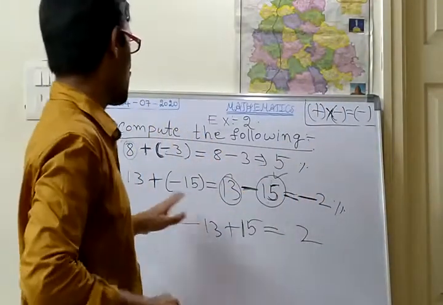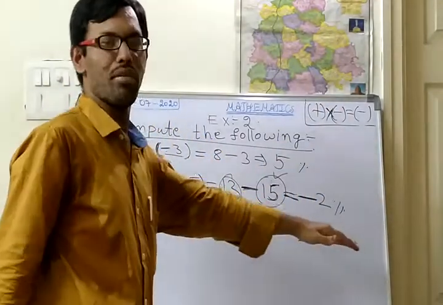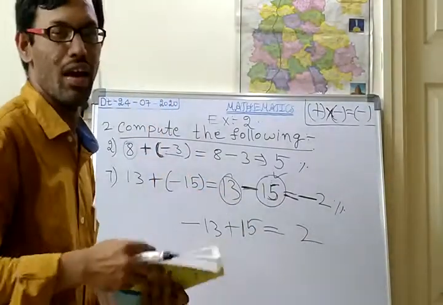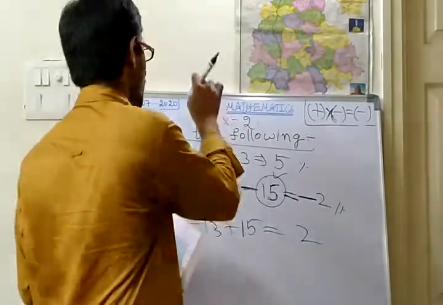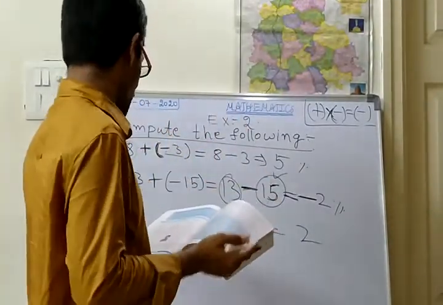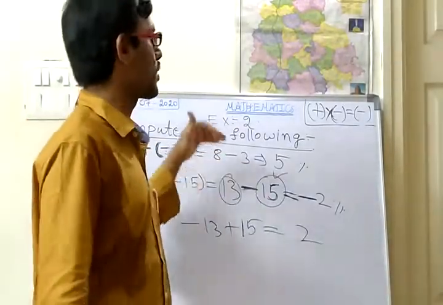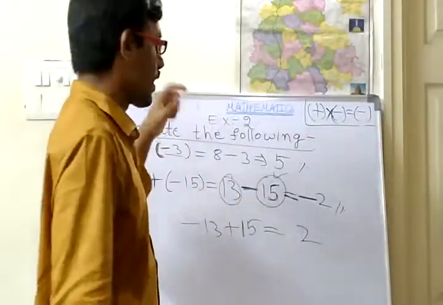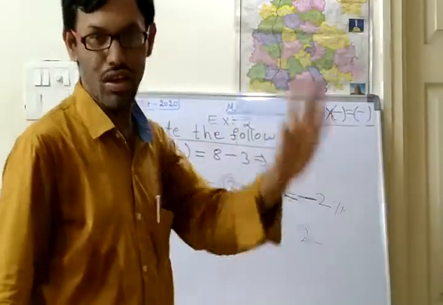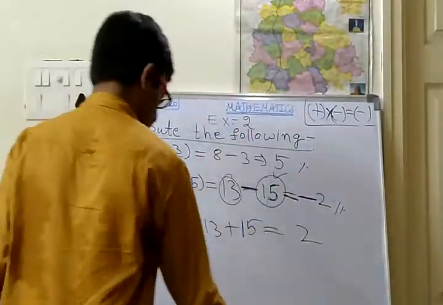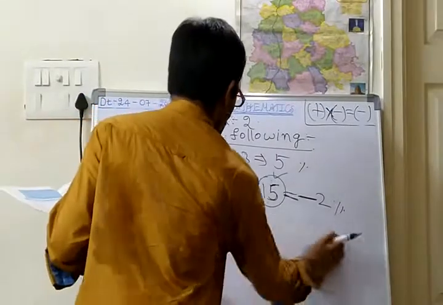So you are not supposed to draw the number line for this bit. Okay, only for the first bit you have to draw the number line. The number line is important only for the first bit. Okay. From the exam point of view, suppose if they ask to represent on the number line, then compulsorily you should represent on the number line. Okay. So the next question we shall see in this bit only.